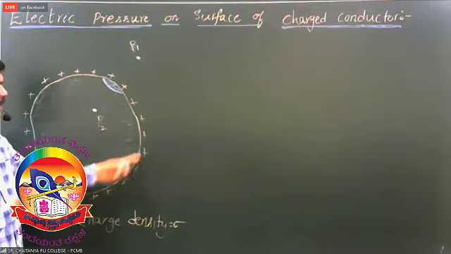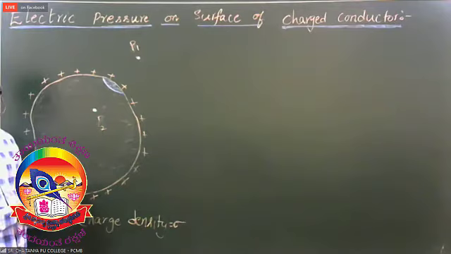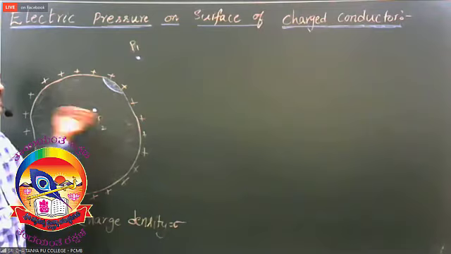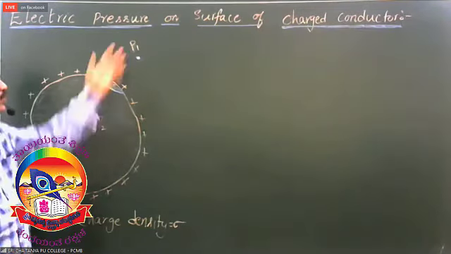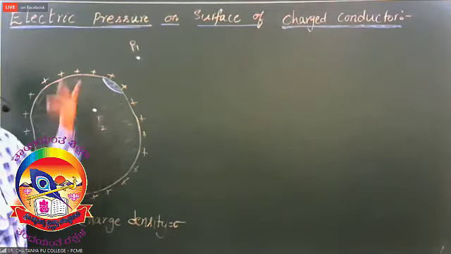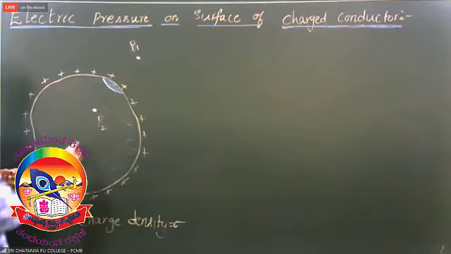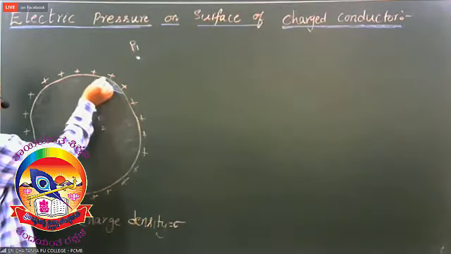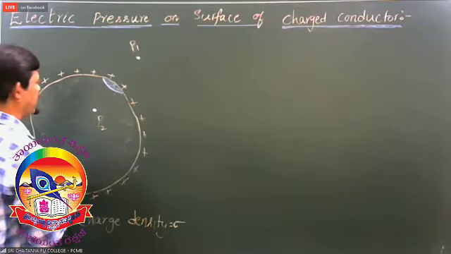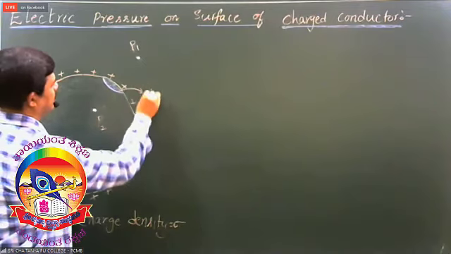Whenever force is acting on all the sides, on the surface area of a body, it creates pressure. So on the conductor, there is an outward pressure, right? Because force is acting outward, so the pressure acts outward. How much is that pressure? That is our question, right? Let us follow. Now, what I said, this is a small element I took, whose surface area, let surface area be ds.